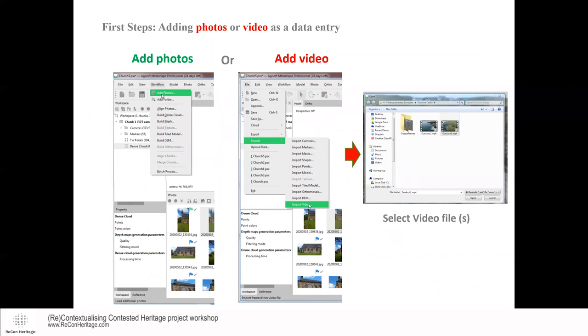Metashape used to be called Photoscan. It's the same software, they just changed the name. You can use either photos, but it can also use video. Video is really just a series of lots of photographs in rapid succession. So if you give it video, what it does is pick every so many frames or images in the video and save those as photographs,